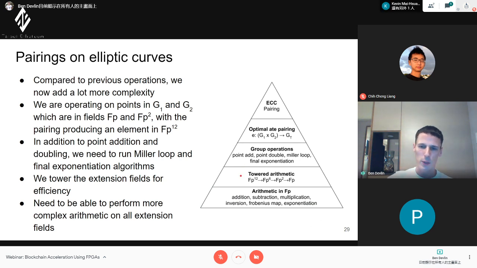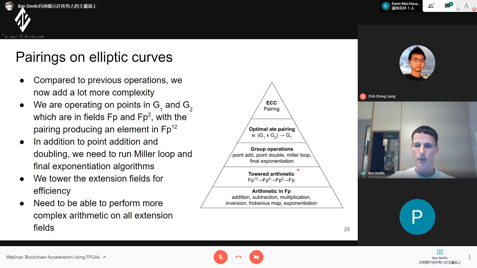And now we're also dealing with towered arithmetic. Previously, for the transparent transactions, we could just stay in the FP. Now we actually have to do operations in FP12. And instead of saying FP12 is 12 times FP, it's a lot more efficient to have a towering, where we say FP12 is the same as 2 times FP6, which is 3 times FP2, which is 2 times FP.